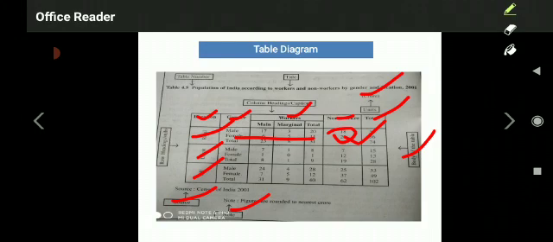I hope all of you understood. It's a very systematic and most important topic to understand from the examination point of view. They may ask a 4 marks question like: explain the various parts of the table with the help of a diagram. If the question is like this, you have to draw the diagram also. A diagram is a must for this particular question.